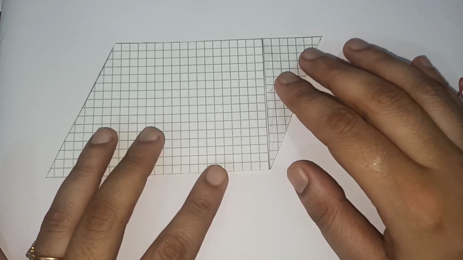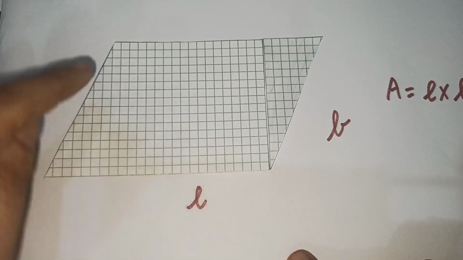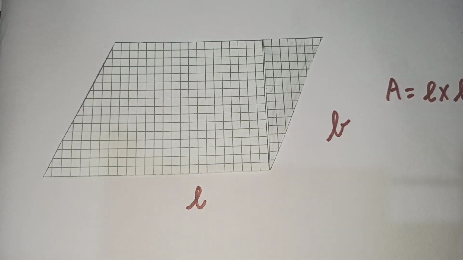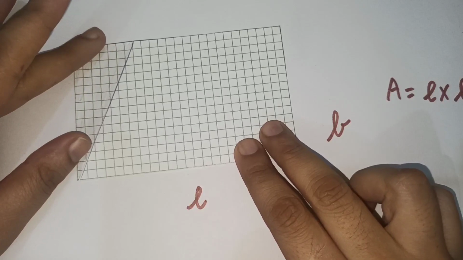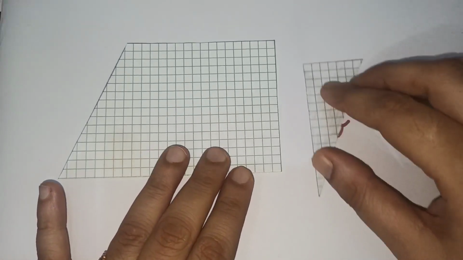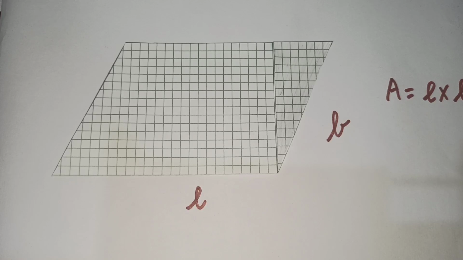So now what do I get? This shape is a parallelogram. It has two pairs of parallel sides. One is this pair and the other one is this pair. Now, can you think whether the area changes or not? Because area is the space covered by the shape. Earlier it was covering some space, and now when I have cut this triangle and put it on the other side, it covers the same area. Area remains the same, but the shape has changed.